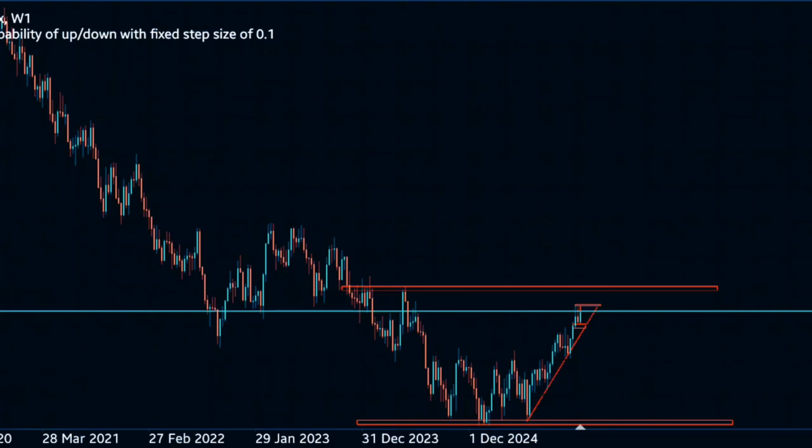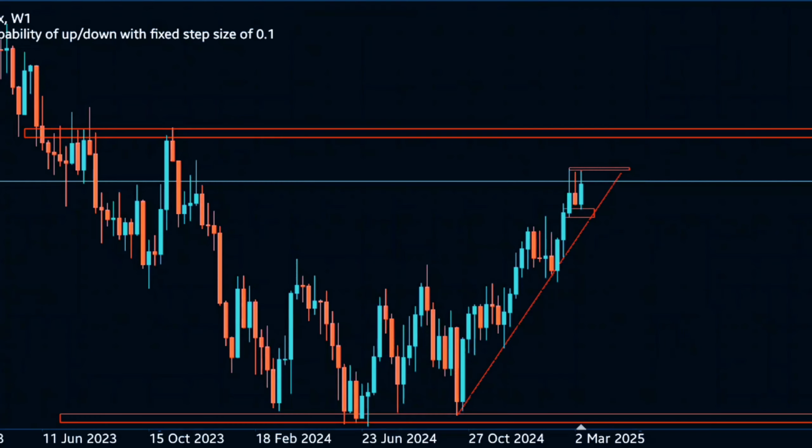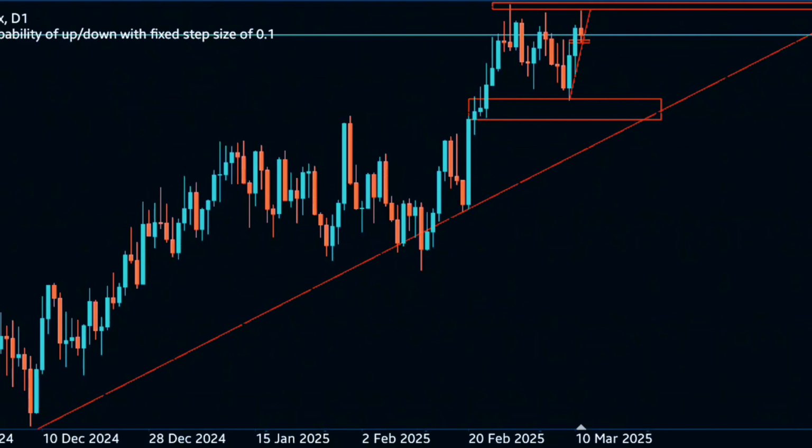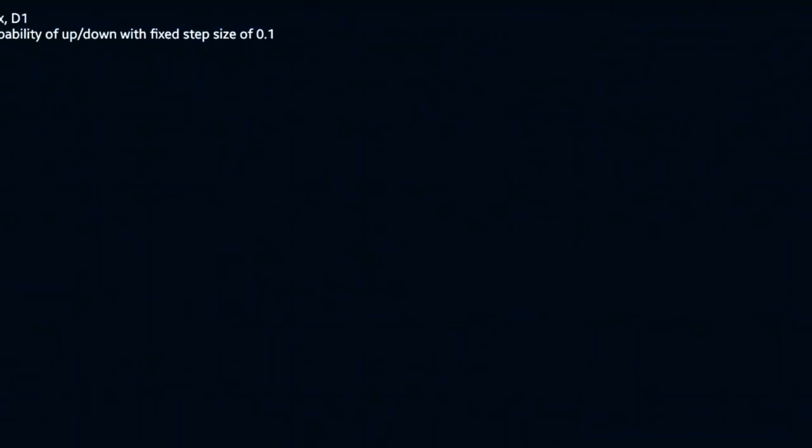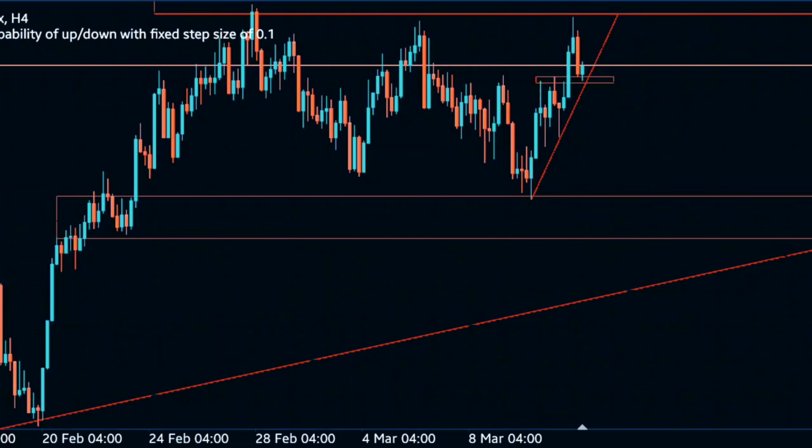So let's go. You see, weekly is bullish. Daily, without a doubt, even seen by a blind person, is bullish. You can also classify this as a fake out, because price came, tested, faked out, broke, retested again on the trend line, and went up. So there's a very high likelihood I will refer to this as a fake out, which came to take out liquidity. So that is on that. And the 4 hour is currently ranging.